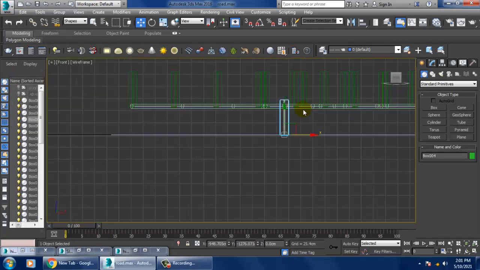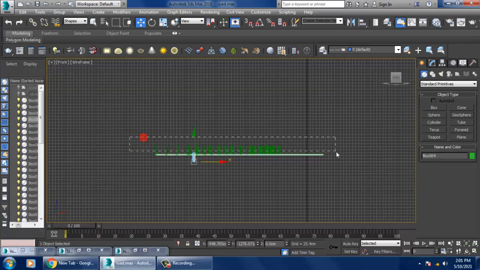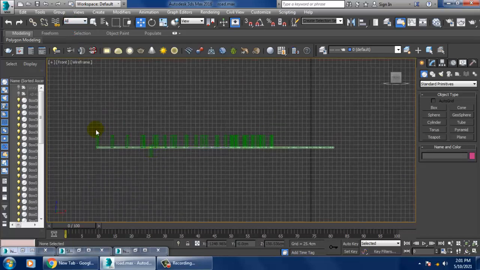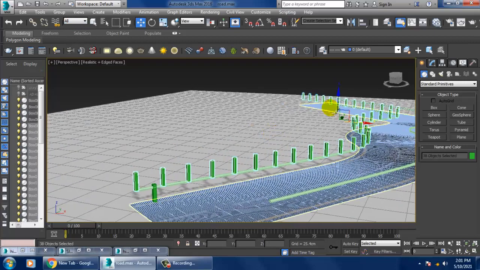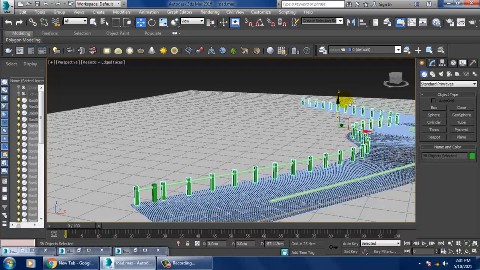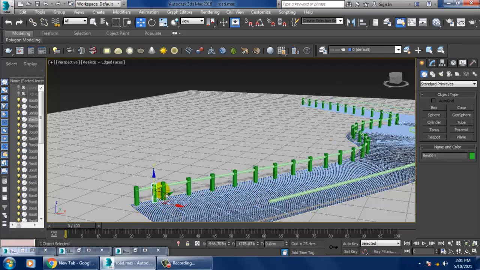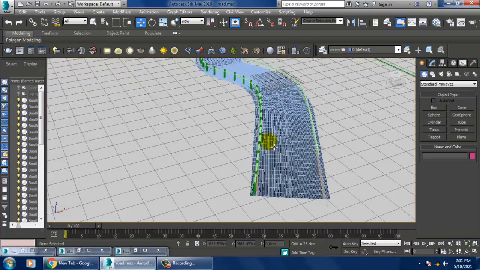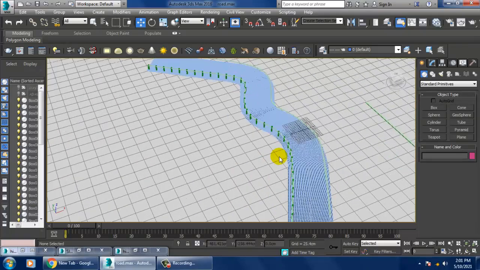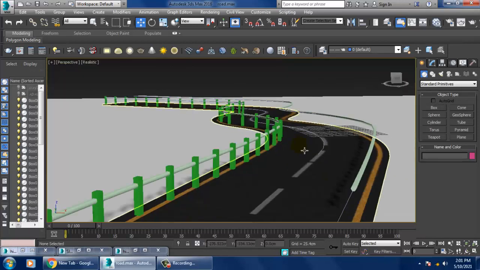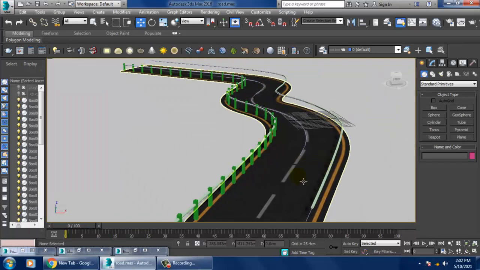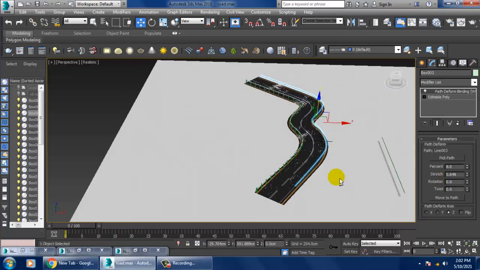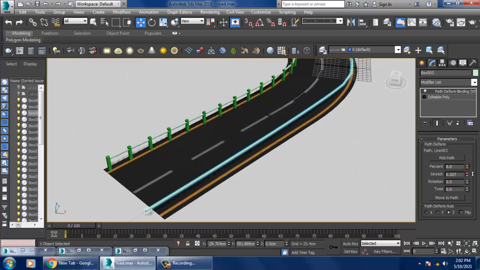So once you're done with this, let's just select this all. I'll go over here, select this all, and slightly we'll just push it in the right manner. So now it looks much better. For now. So the same way we are going to repeat this over here also. So first let's increase its stretch.